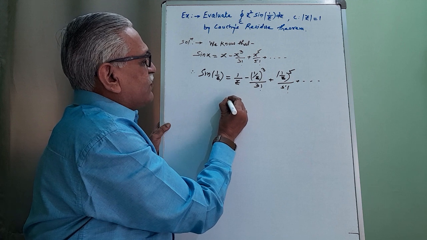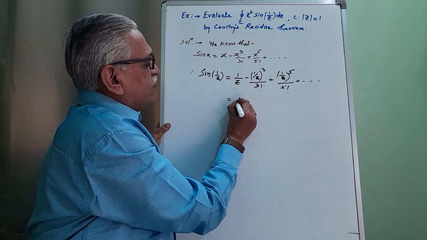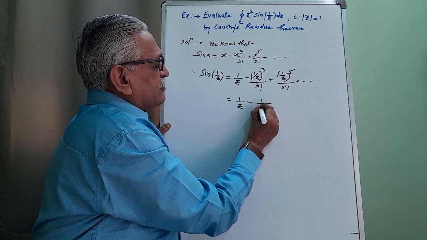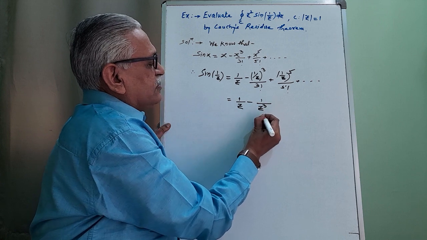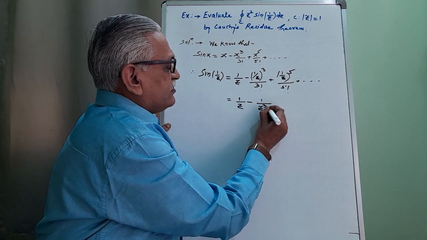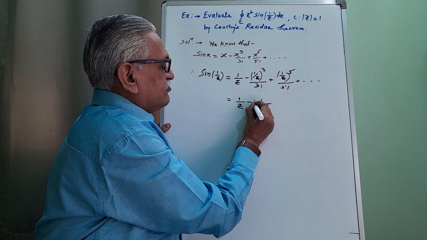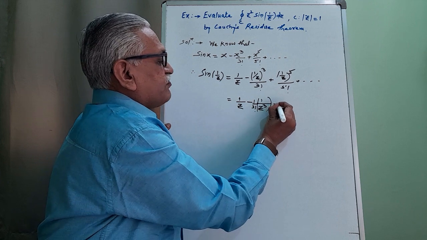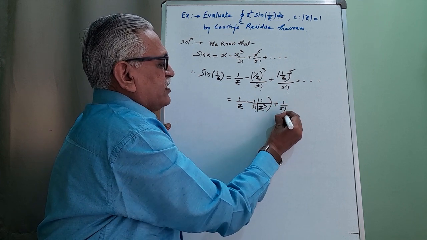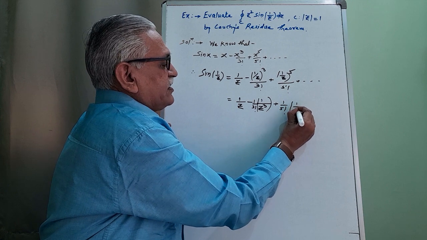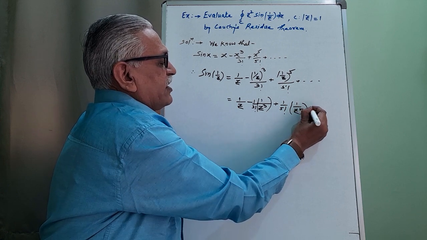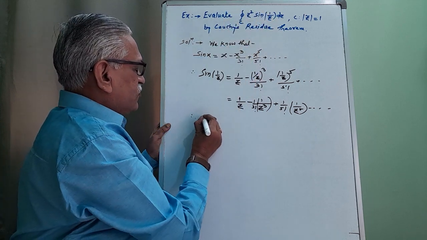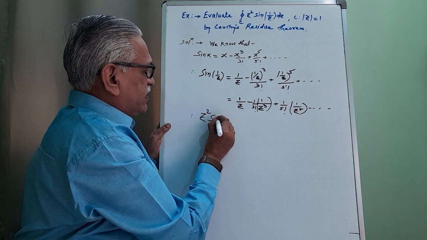Then simplifying it, we get that as 1 by z minus 1 by z cube into 3 factorial, next plus 1 by 5 factorial multiplied by 1 by z raised to 5 and so on. Then multiplying it by the term z square, therefore we get z square into sine of 1 by z